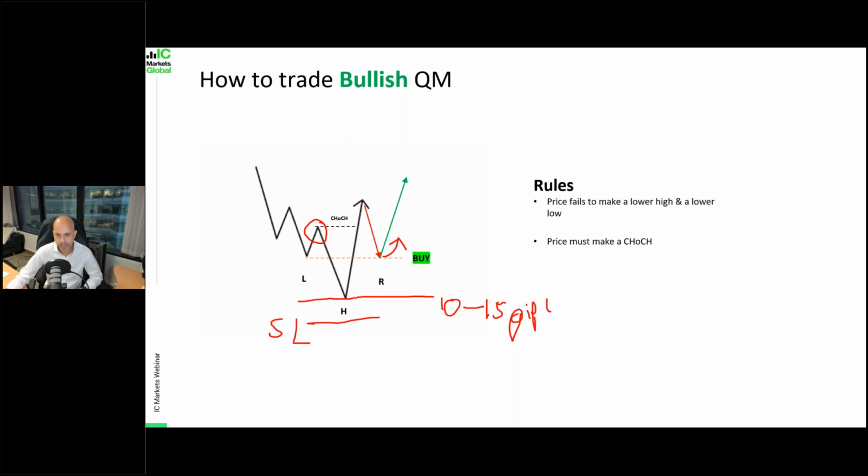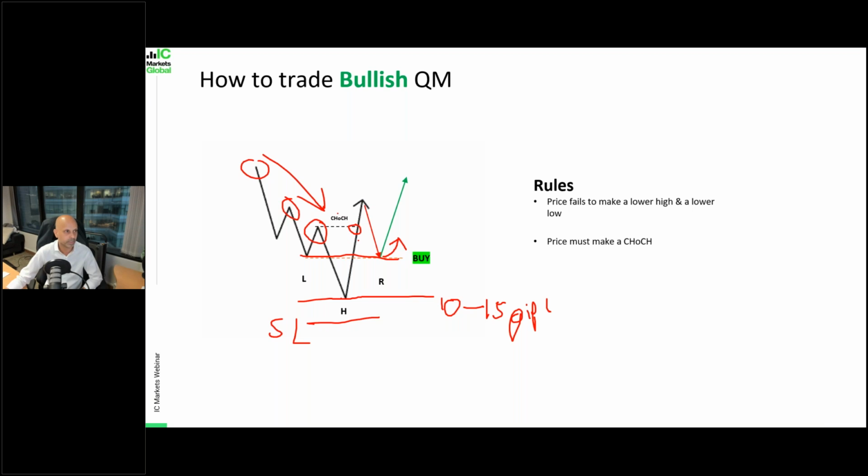Okay, so just to repeat, the stop loss here would be just below the head, right? Once again, depending on your risk reward ratio, be it in absolute terms of pips or as a percentage of your account size, typically 10 to 15 pips underneath the head is more than sufficient, right? Your buy entry will be at this neckline here, and the change of character happens here when price does not make a lower high. You can see this is a lower high here, lower high, lower high. The highs are getting lower and lower. But in this case, the high actually went above the previous high.